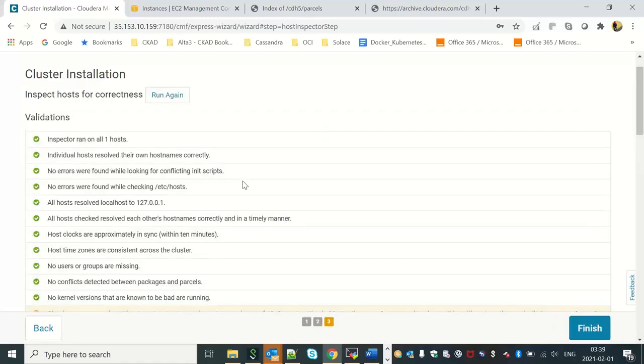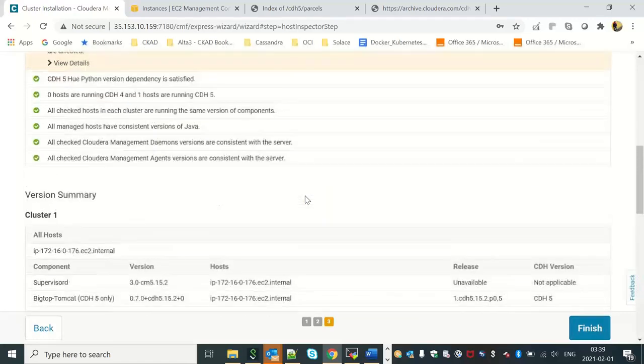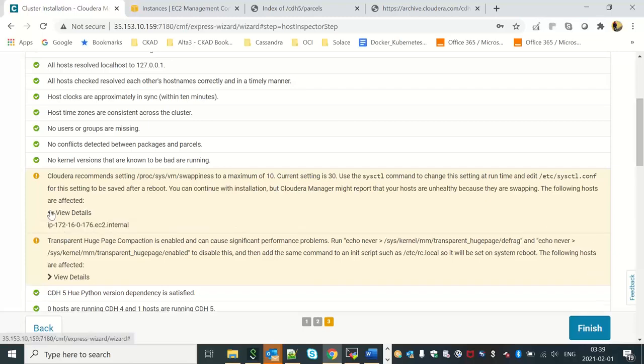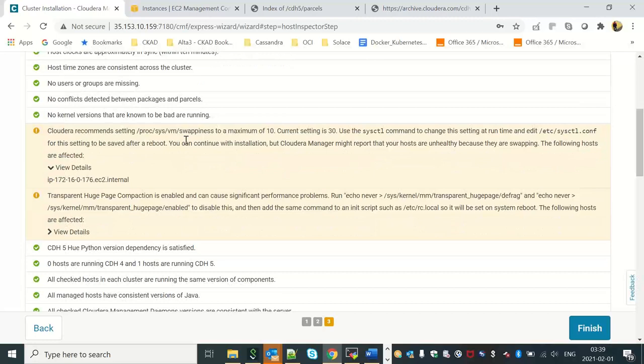So this step is checking my host for any issues, which are expected not to be there. And if anything is found, it will tell me on the UI. So yeah, now it has reported two problems in my host, these two. So I will try and fix them. Now, one of the problems it's saying is that there's a concept of swappiness. In an operating system, there is a concept of swappiness. That basically means